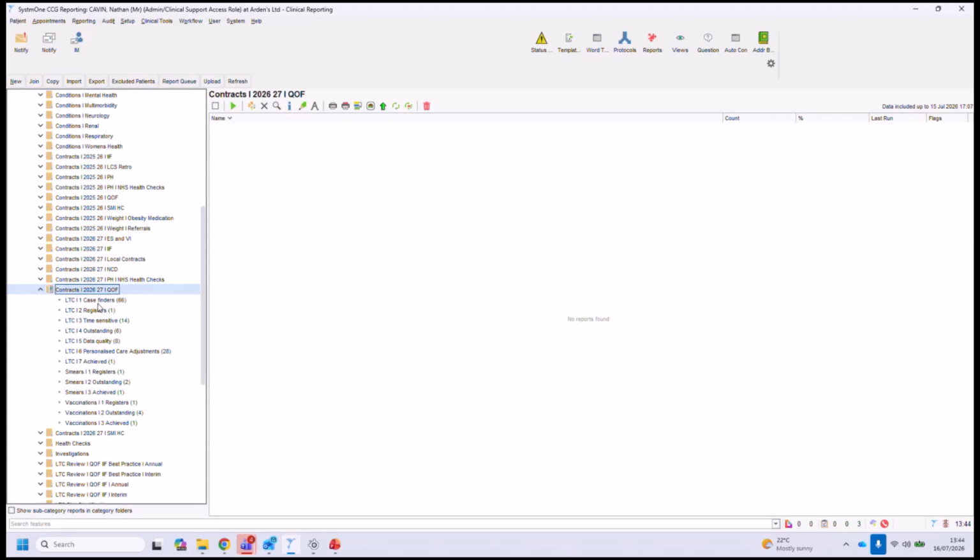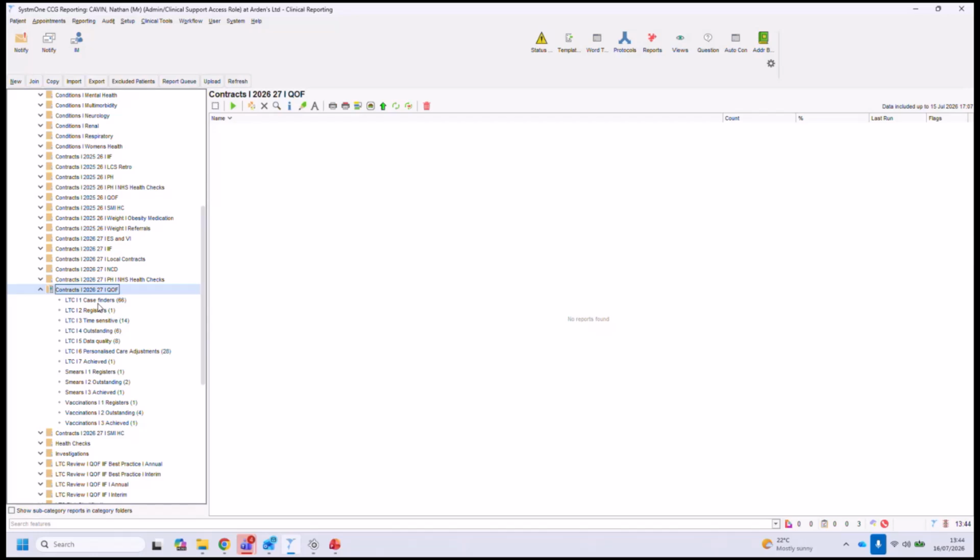Now SystmOne, and I'll explain this in a minute, comes with your QOF indicator screen where you can see what your registers are, who's left to get each indicator. We are not trying to reproduce that. It's already in SystmOne. There's no point us reinventing the wheel. So I would still expect a lot of you to be using that just to see who's on the register and who's outstanding. I can't show you that screen because I don't have a live unit, but I think you should all be okay with that. So do still use that to see the register of each indicator and who's left for that indicator.